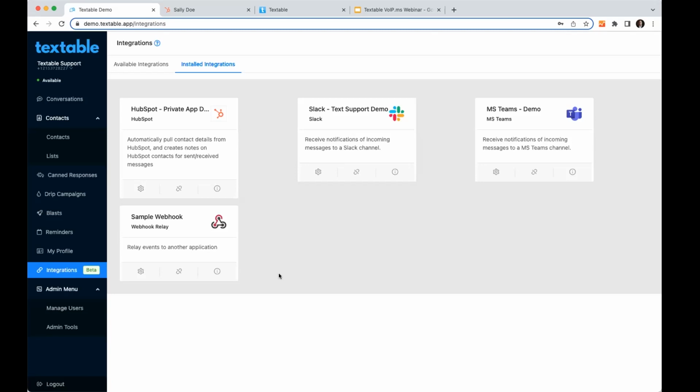So be in contact with Textable for all your SMS needs, MMS as well. But yeah, about your platform, I cannot be more of an advocate for your product than I am right now.